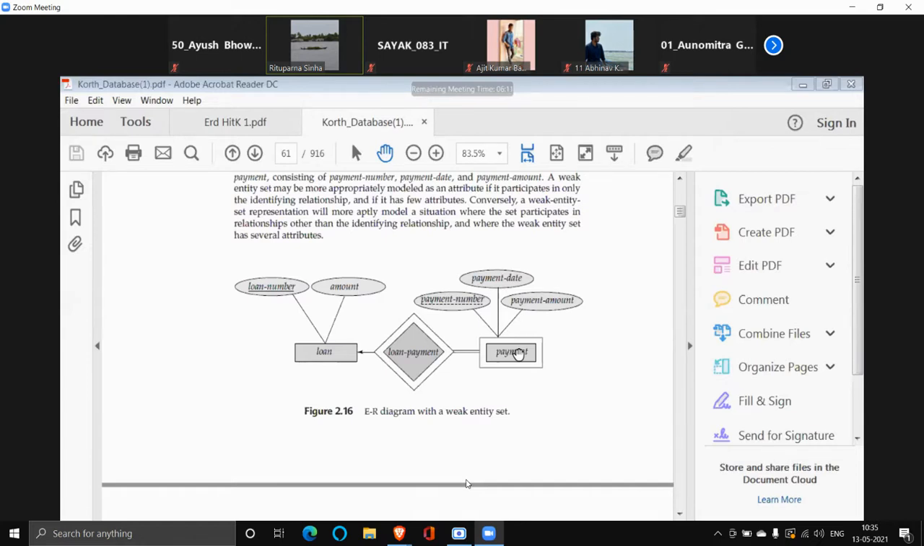Then what is this payment number? Payment number is a special attribute in the weak entity set, which is known as the discriminator. When I combine payment number with loan number, I get the primary key of the payment table. And payment number won't be the primary key. It will be known as the discriminator of the weak entity set. It is allowing me to discriminate the different